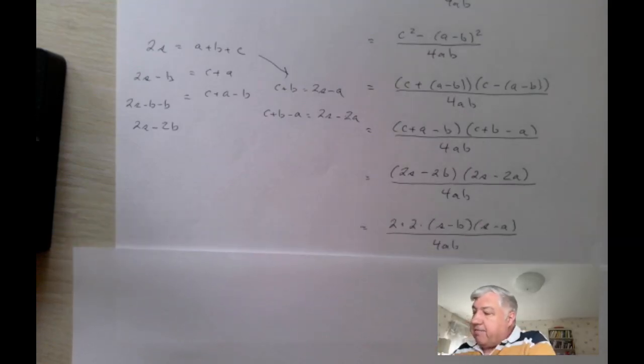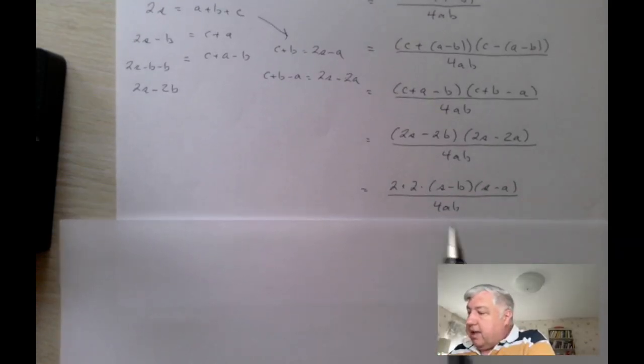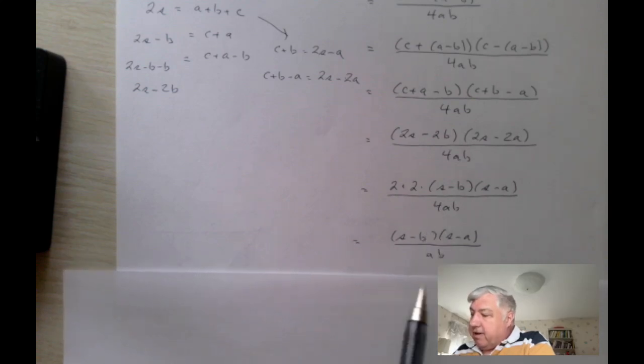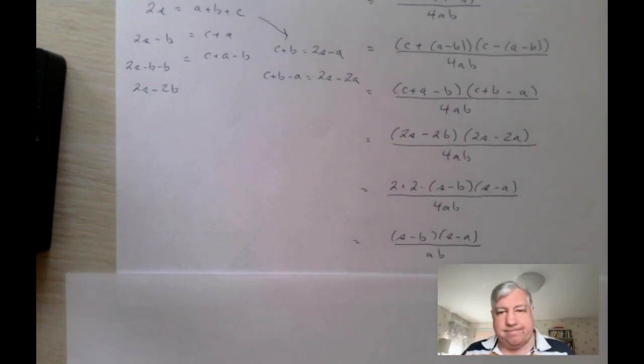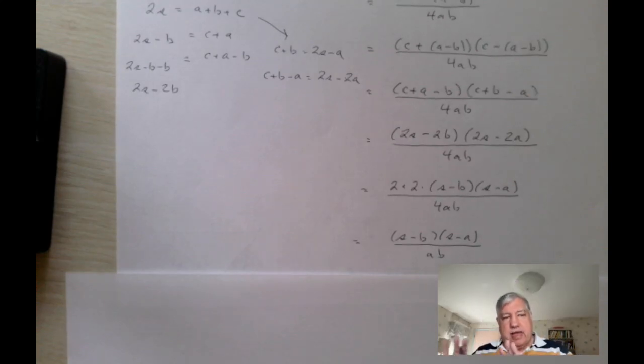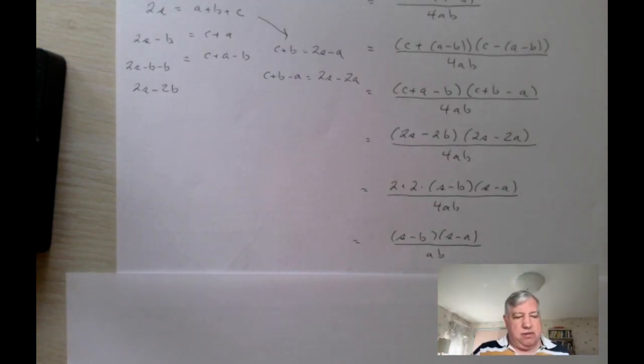And we can factor out the 2's, and they cancel with the 4, and we get s minus b times s minus a over 2ab. Okay, so that's a little less than half the battle. Then we do a similar computation, and